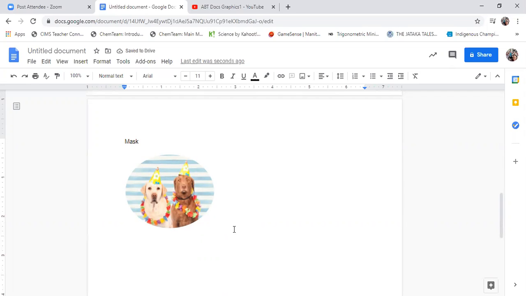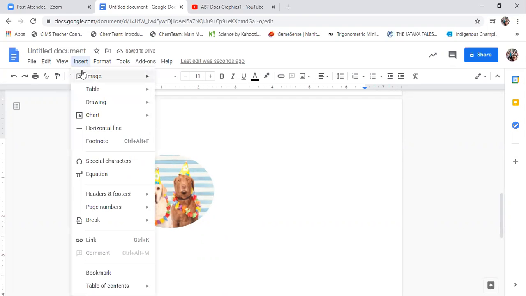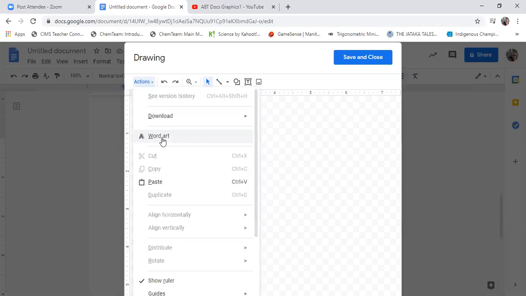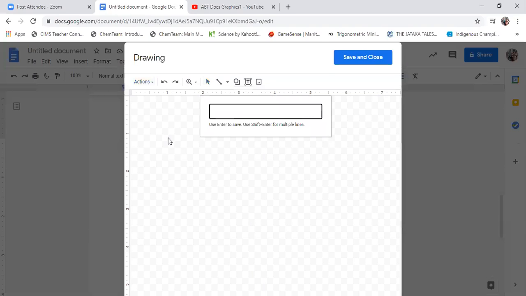Our next graphic is called word art. So you would think that you'd find word art here under the insert button, but we have to go inside the drawings program in order to do that. And then this guy refers to text boxes solely with text that you can change the font and the size with. If you want word art, or basically something that has like an actual fill to it,